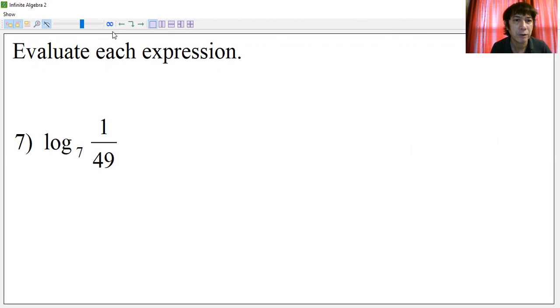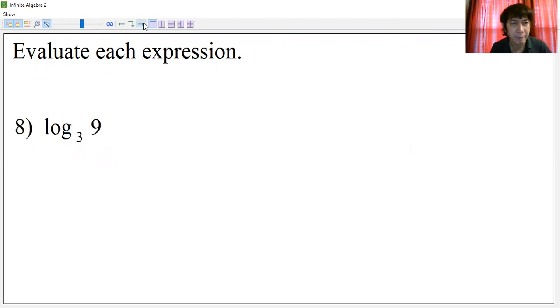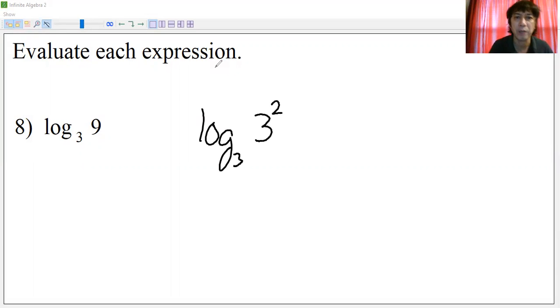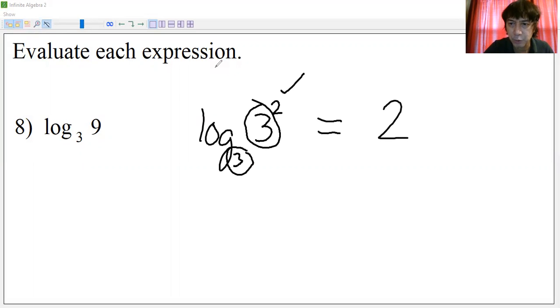Here's number 8. Okay, this is something simple. You can express 9 as powers of 3. That's 3 squared. And so we can continue with the solution. This is very simple. This will just be logarithm of 9, which can be written 3 squared. And you can readily see the answer. The moment you have this number equal to this number, then that's the answer. All right, so this must be equal to 2.